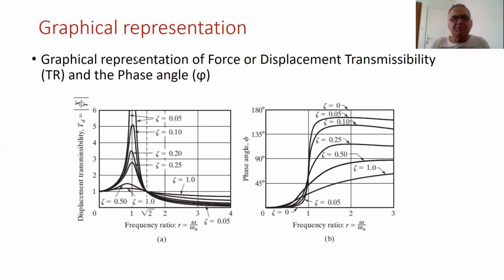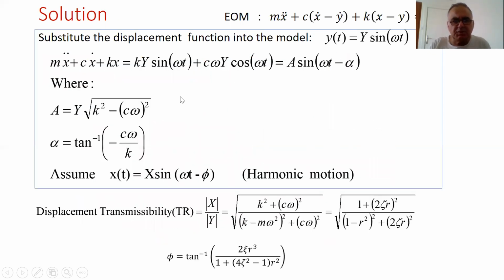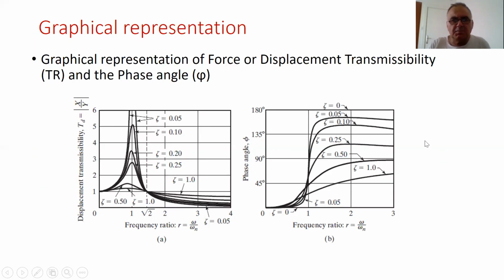So the graphical representation of this system, of the transmissibility as we have defined in this equation, can be plotted as follows. The transmissibility starts from 1 and it eventually goes to 0 rather slowly. And we have different plots for every damping ratio, as we did in the previous cases. But here we have an invariant point, at frequency ratio √2, where all of these curves meet at a certain point. And we also have a kind of irregular